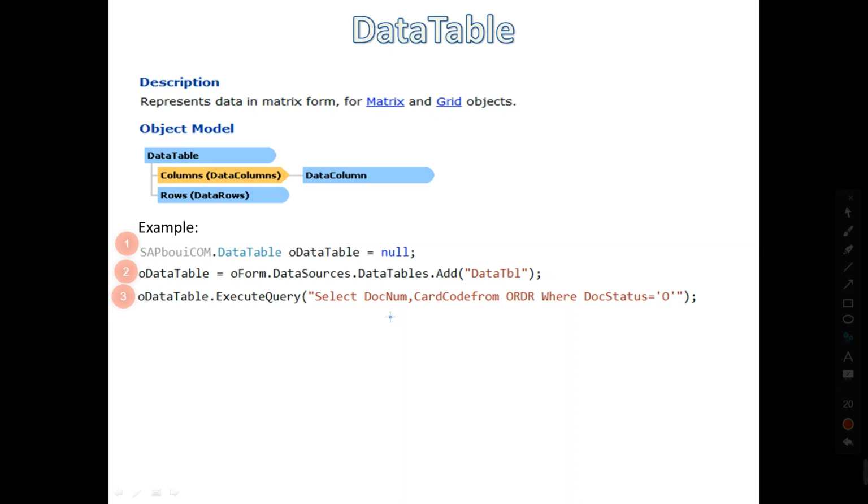So here there are two columns, that's why in the data table two columns will be created. One is for DocNum and the second one is for CardCode. So in this way we have created the object. Further we will see you can bind this data table either with the matrix or with the grid. So further in code we will see how to bind the data table with the grid.